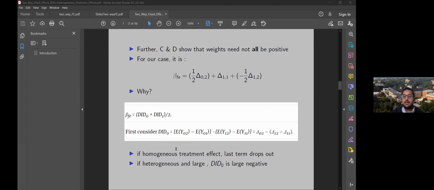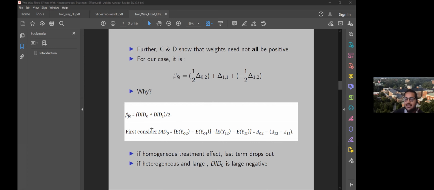So using this example, what I will show below is that this beta fixed effects is actually a weighted average of positive as well as negative weights. And why is it negative? The question arises because in our simple example, our beta fixed effects is an average of the control and